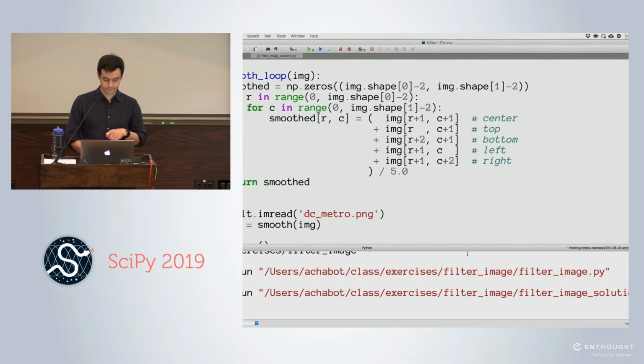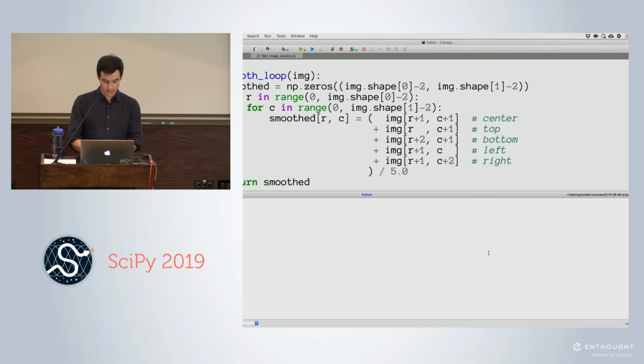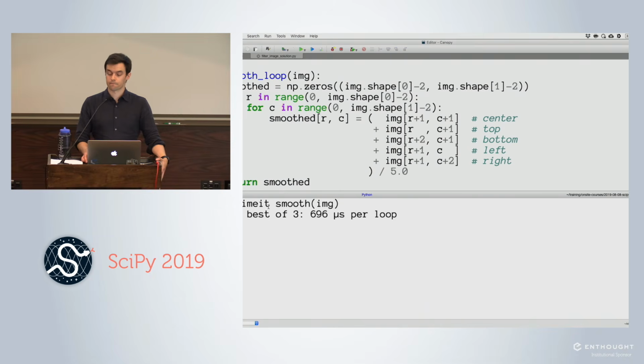And I'm going to use this IPython magic called timeit. What timeit does is run my code a bunch of times and tell me roughly how long it takes to apply the smoothing. So about 700 microseconds per blurring call. So if I try the loop one,